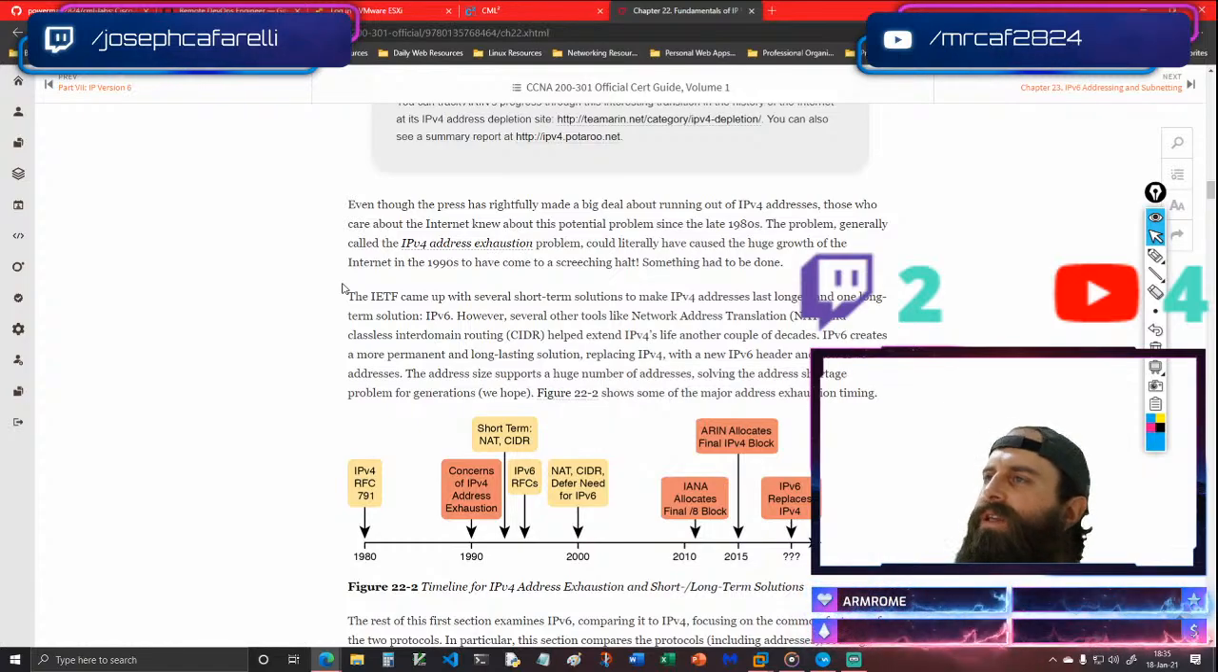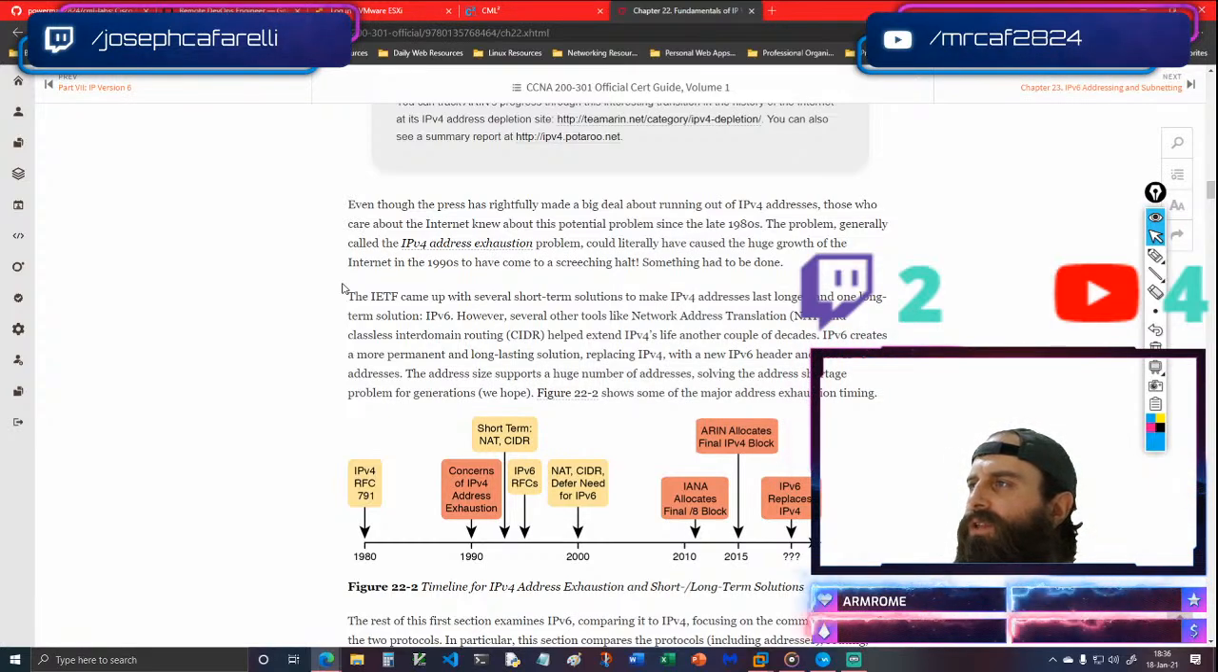The IETF came up with several short-term solutions to make IPv4 addresses last longer, and one long-term solution, IP version 6. However, several other tools like network address translation, NAT, and classless interdomain routing, CIDR, help extend IP version 4's life